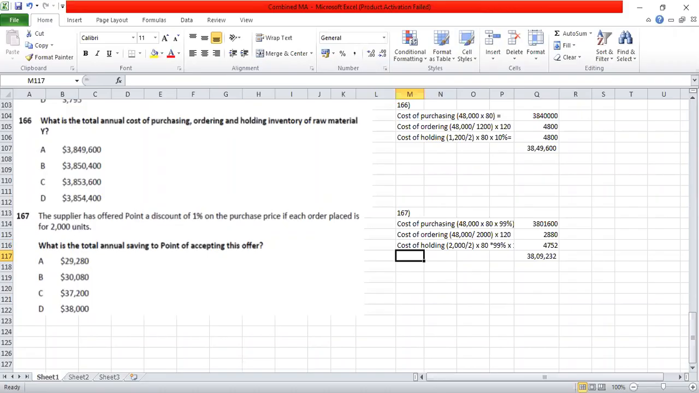We got it as 38,000, 381,000. What is the total annual saving? Sorry, saving. The cost if